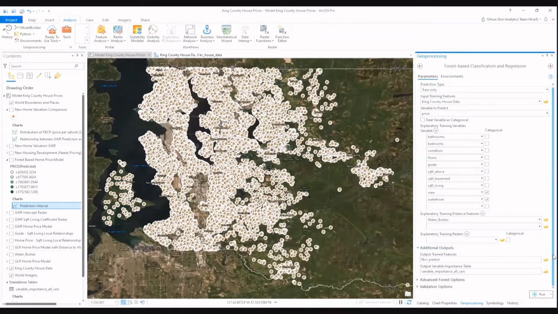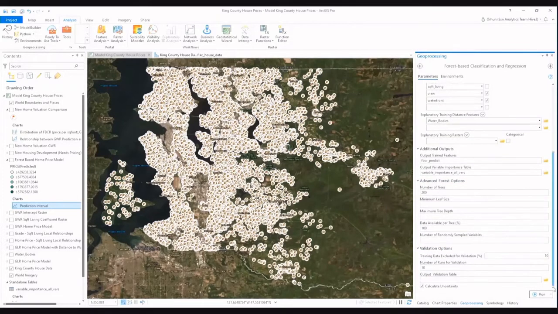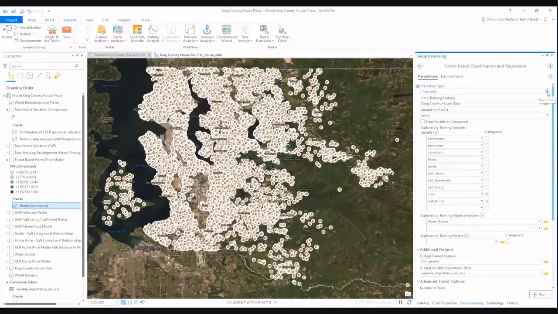This tool is also very rich in terms of the diagnostics it provides, such as variable importance tables. It gives you the ability to fine-tune your random forest model, and it gives you the ability to validate your model and also assess the uncertainty of the predictions you perform. Here, I'm going to run this tool in training mode because I'm trying to understand the relationships between explanatory variables and the target variable.